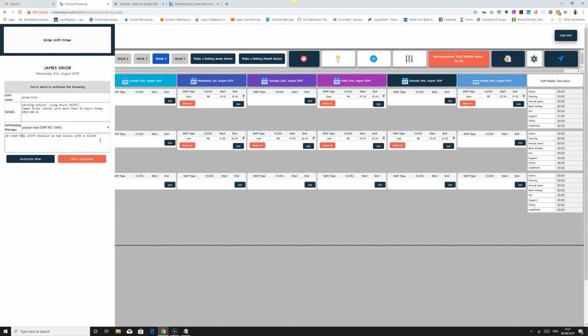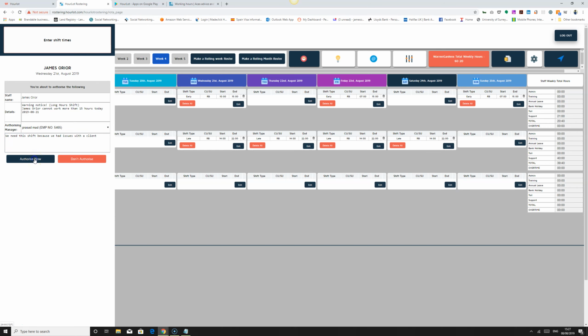This information is saved, and we can always go back to it and review it. So if your manager is always approving 15 hours every single day, week in, week out, then that is bad practice and that might be looked into. But it's always good to have this functionality so that we can decide whether to authorize or not authorize. If we decide to authorize, we can just authorize.